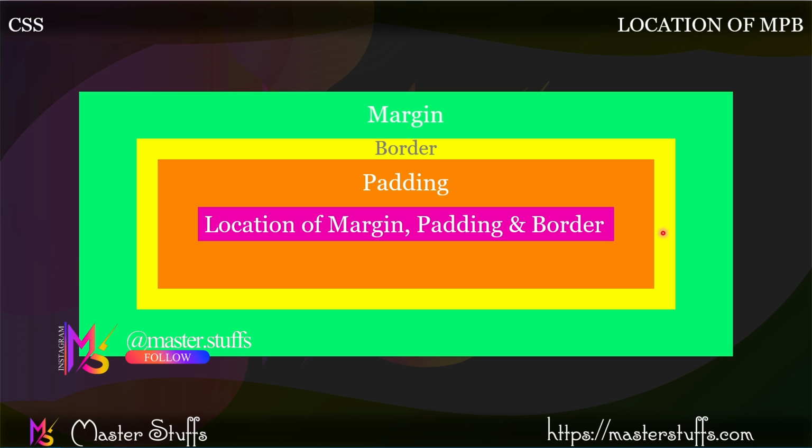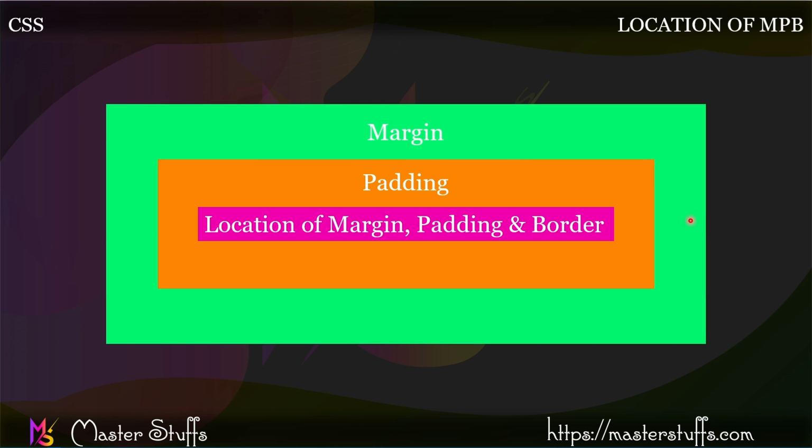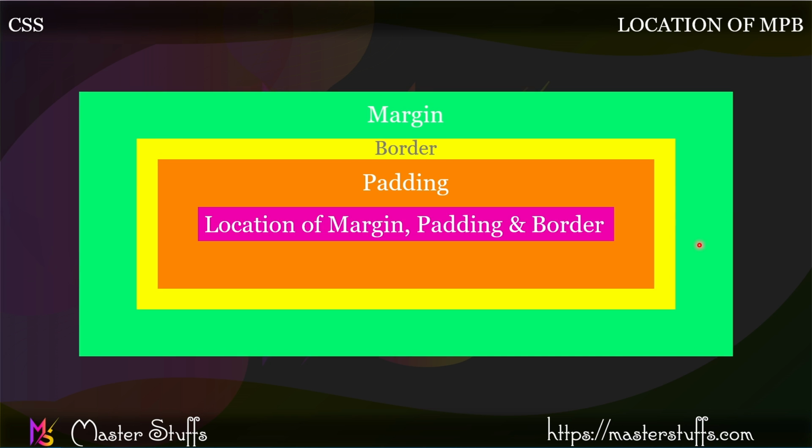And one more noticeable thing: the margin is 20 pixels before I take the border, and after taking the border it is also 20 pixels. So the margin will always be 20 pixels whether you take a border or not, because the border has its own space. If you take a margin of 20 pixels, it will also be 20 pixels if you take a border of 10 px. That is the main thing you have to remember.